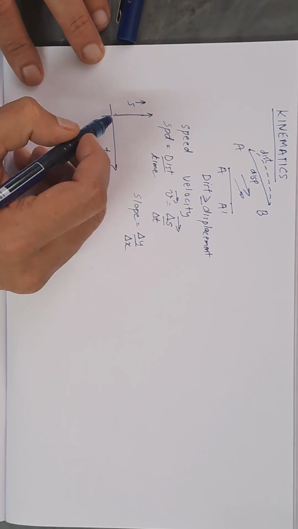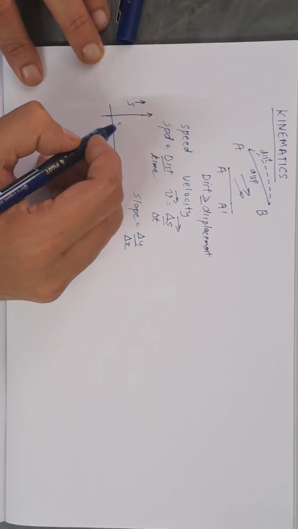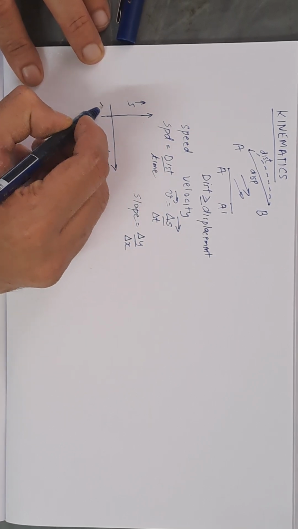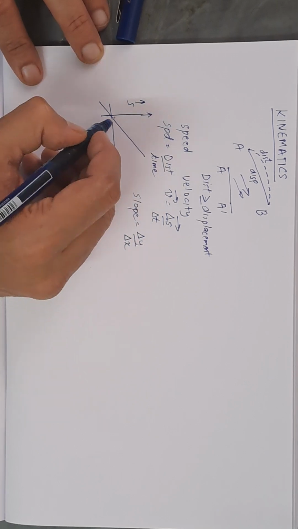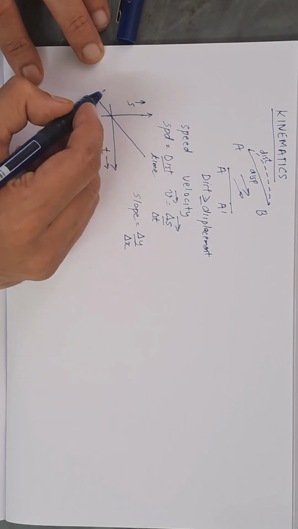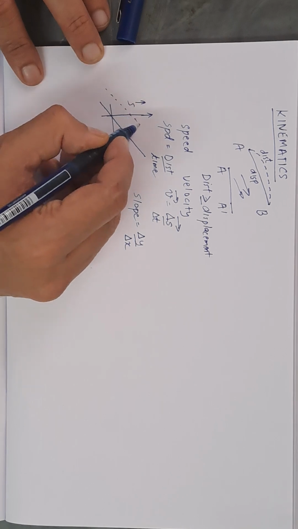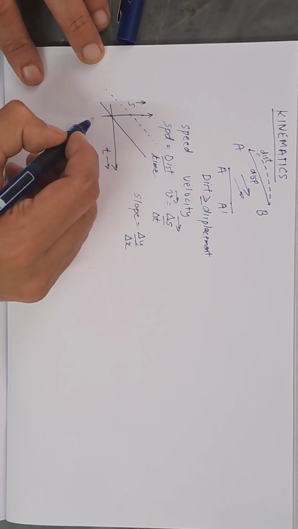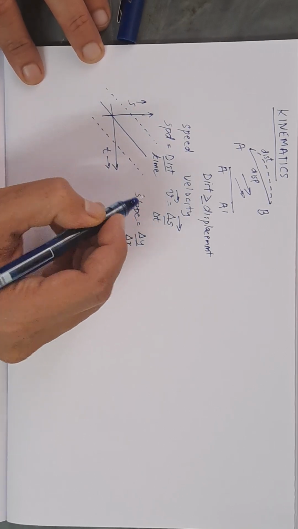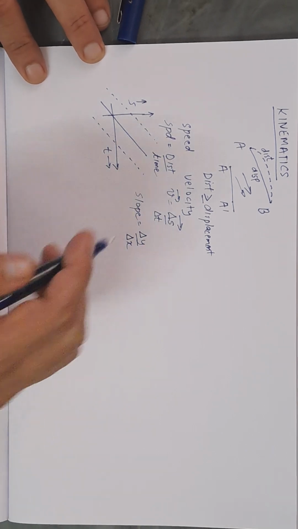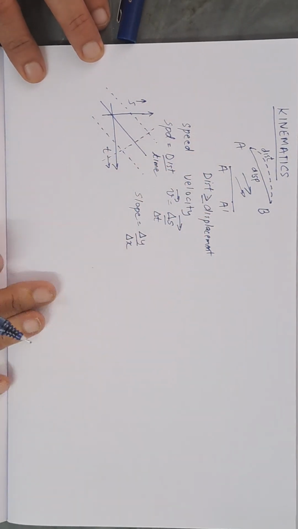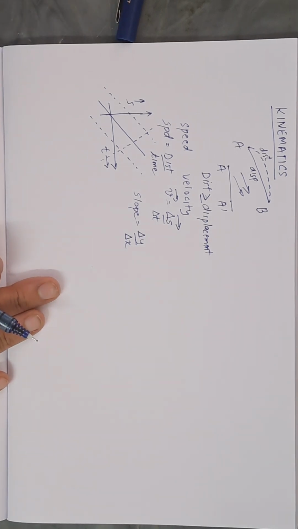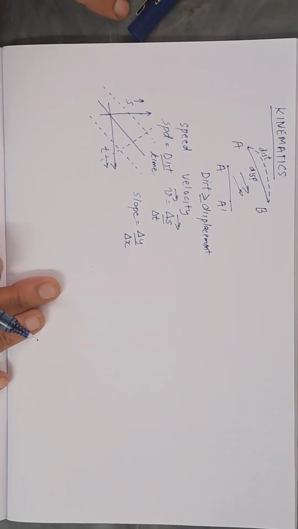In that case, if you draw the ST graph of that particle, it will be like this. This line will be a straight line. It can also be a line like this. It can also be a line like this, or even this. So in this case,